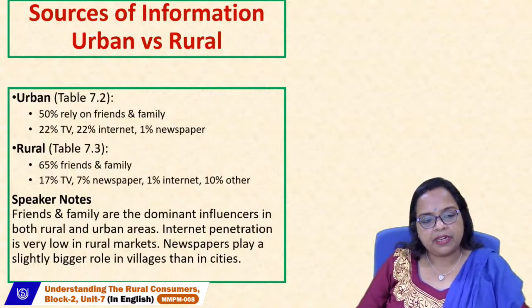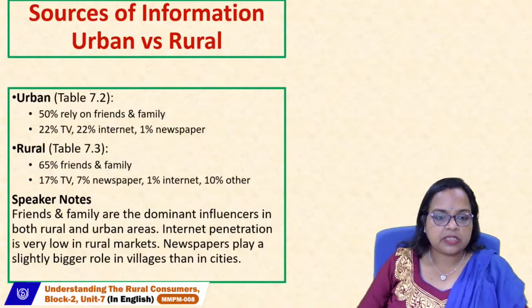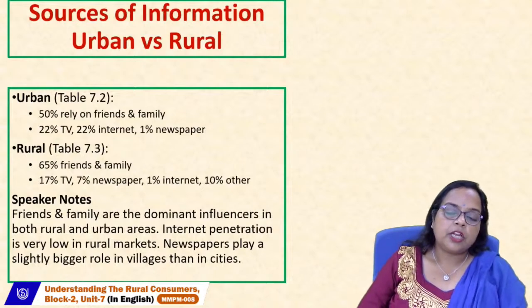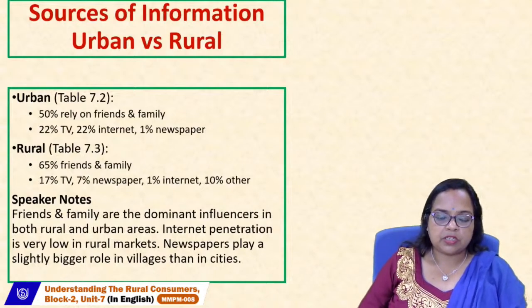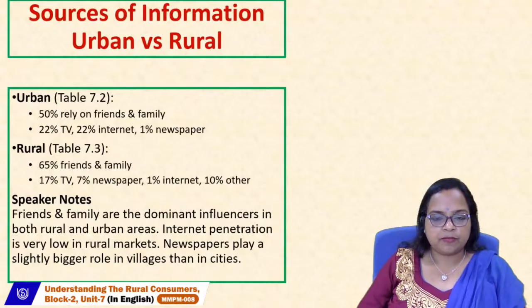Likewise, rural people are dependent at 17% on TV advertisement, 7% on newspaper advertisement. See the difference. In urban, people are not literally dependent on newspaper, but in rural, you are at least visualizing that 7% dependency on newspaper, 1% on internet. This is a drop. Urban sector, it is 22% dependency on internet, but rural it is just 1% because of many factors, due to not having connectivity, infrastructure problem, exposure problem, information problem, and 10% on others. This may be the influencer of their village.